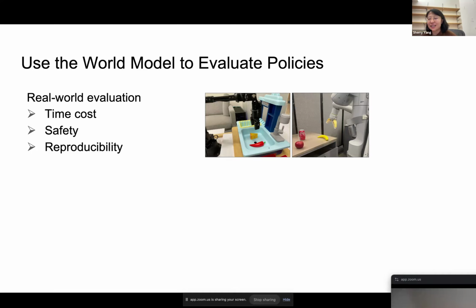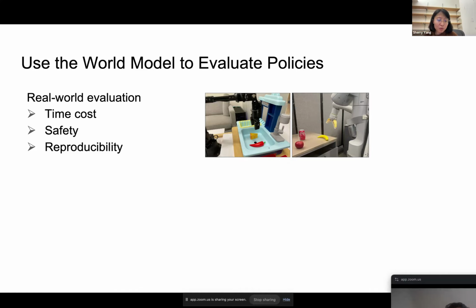High cost. And also, if the robot executed something bad and actually smashed its hands into the table, now you have to wait a few weeks for the robot to be repaired. That's the safety aspect. And the reproducibility aspect is, I think, one of the reasons that robot learning has arguably made slower progress than language models, because reproducibility is very difficult for robotics.